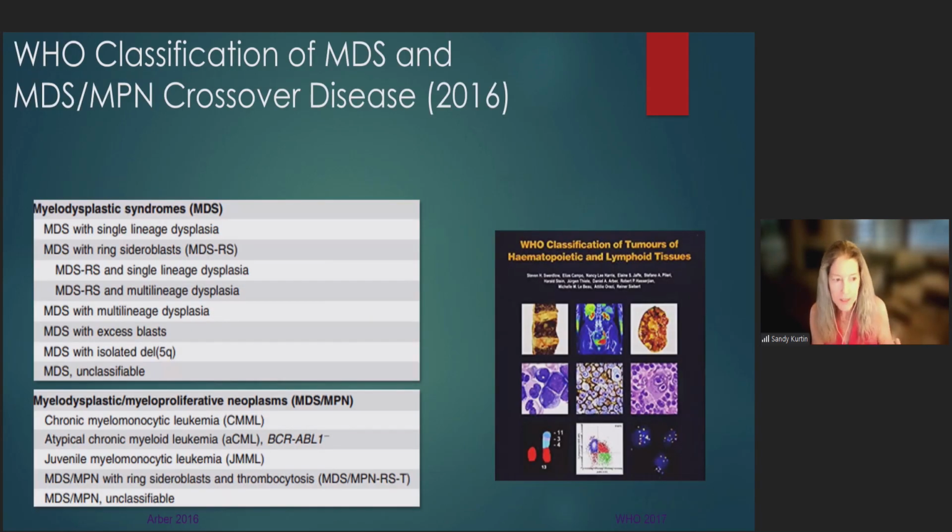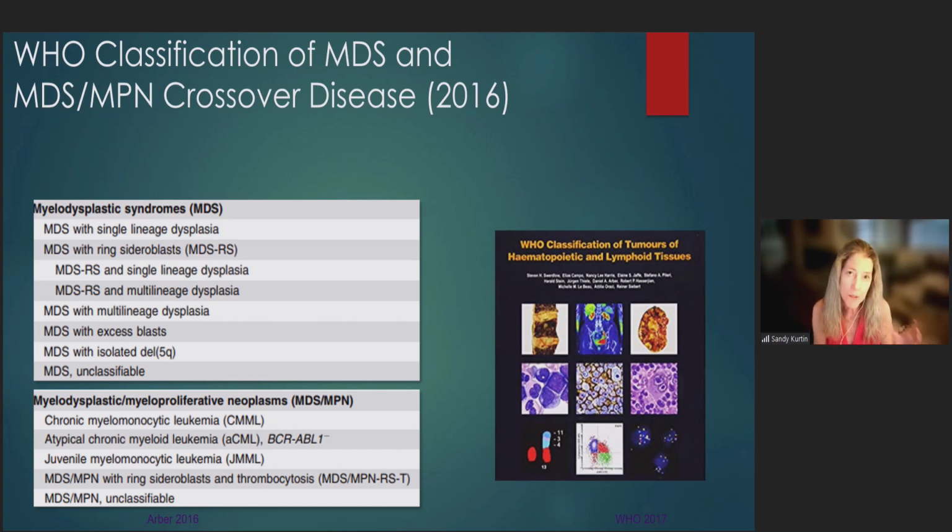So we used to have this World Health Organization nomenclature, and this was the 2016 version that actually didn't come out till closer to 2018. And it really talked about dysplasia and the percent of dysplasia needing to be in 10% or greater cells. But this was complicated when it came out. And we had this relatively short list, however, of disease groups.